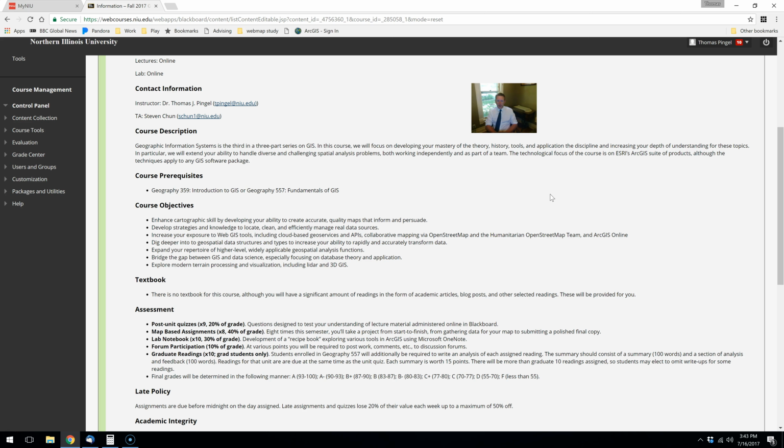We want to try to bridge the gap between GIS and data science, especially focusing on database theory and application. So GIS is an information system, and like many other information systems, it relies on databases. And there's a good bit of information that you should know about how those databases work and operate so that you can understand how geospatial data is and is not special, how it's related to the wider field